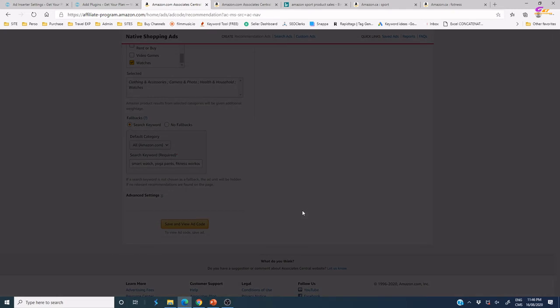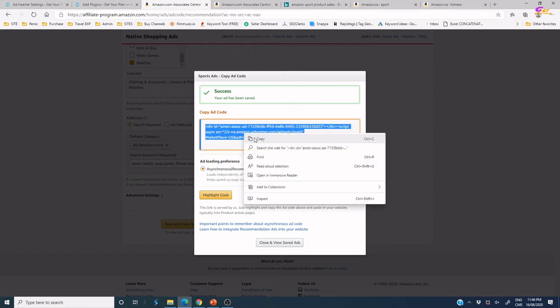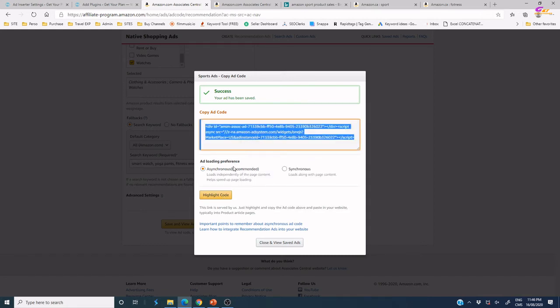Select Code and Copy Paste to insert on Ad Inserter plugin. Return to WP Admin. Here we can paste and set up more ads as needed. Paste